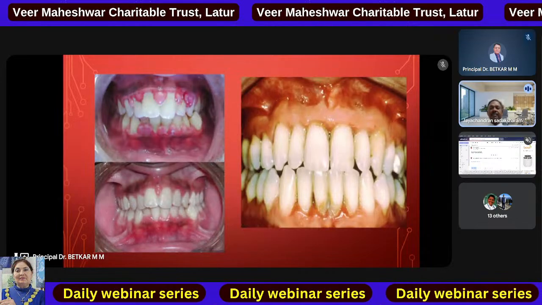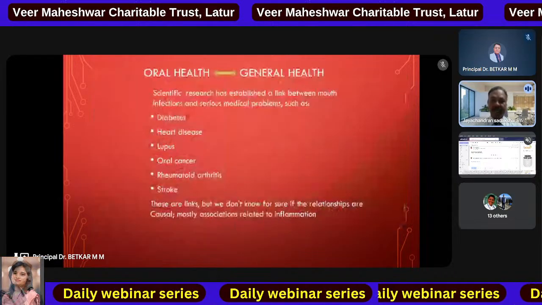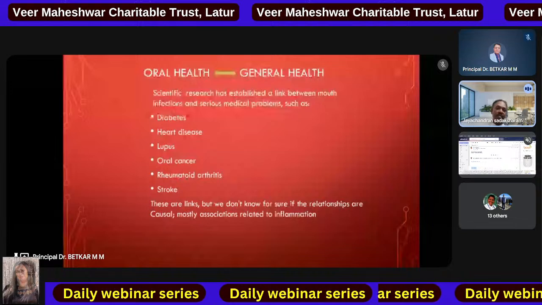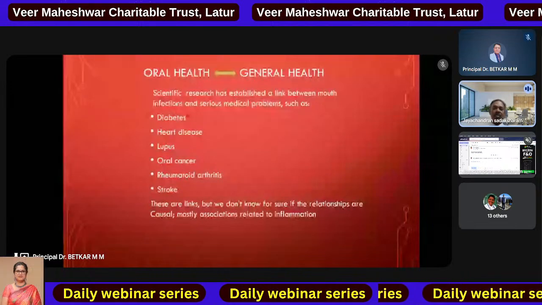In the absence of treatment, gingivitis may progress to periodontitis. And finally, these are some of the clinical pictures I am showing. This is gingivitis, a marked gingivitis. There is a bulbous gingiva, there will be a purulent discharge, and bleeding also will be there. Severe halitosis, and the tooth may also start to become mobile,